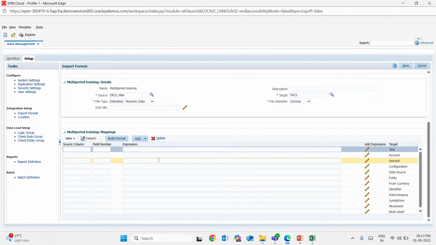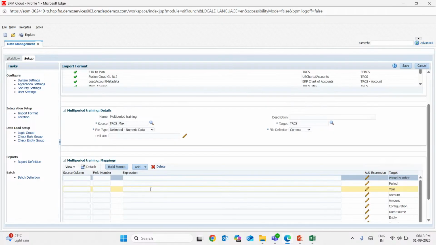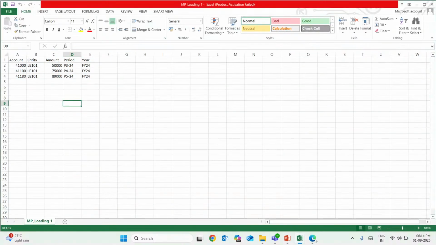Or you can even add a period number, but we don't need it, so we will delete this one. Period number, we only go for the account. So we have account in first, entity in second, amount in third, and period in fourth. So here